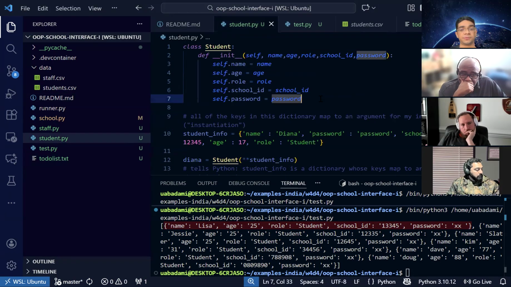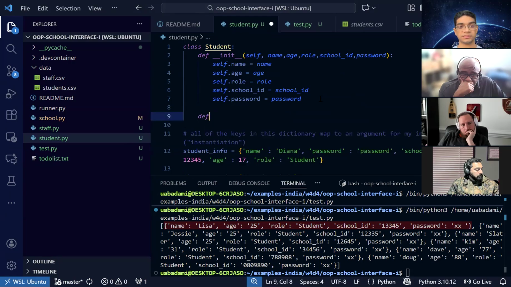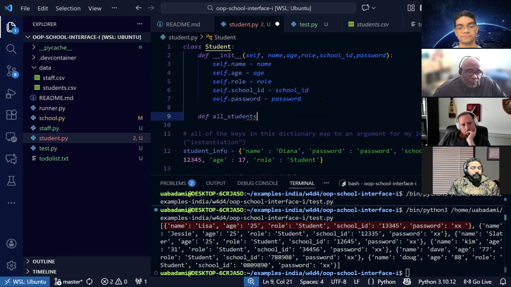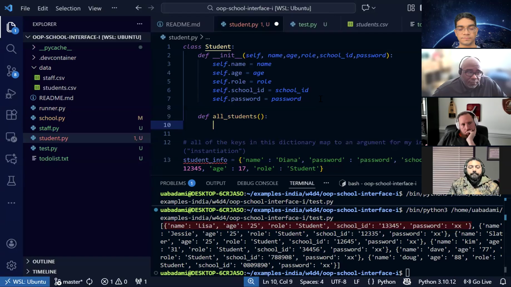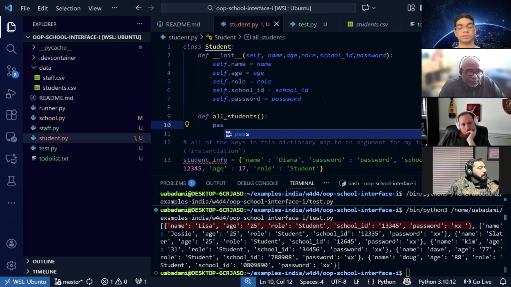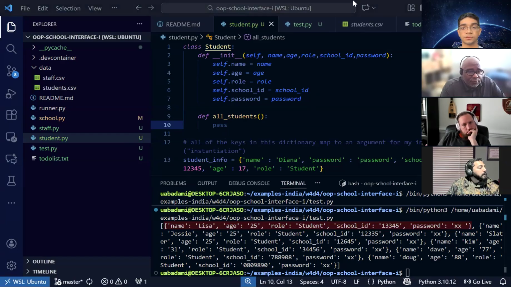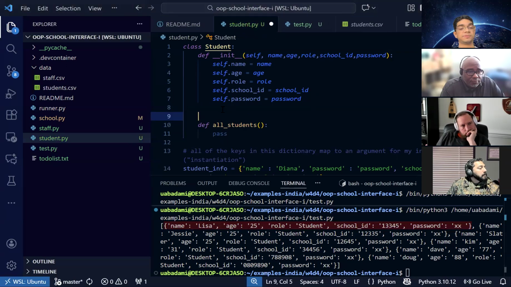So let's write that method in here. We're going to define all students, and then we're going to do some stuff inside there. All right, so all students is going to be a class method